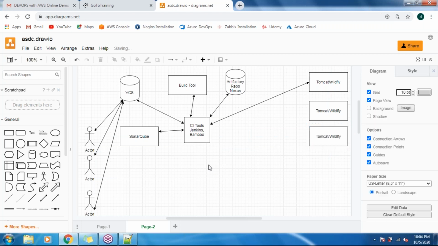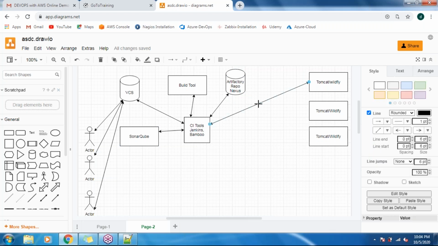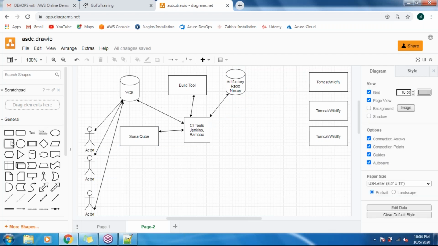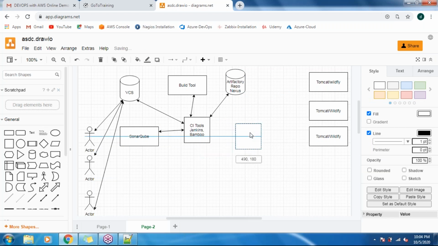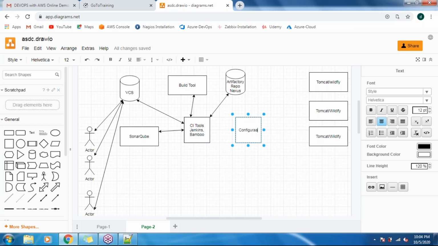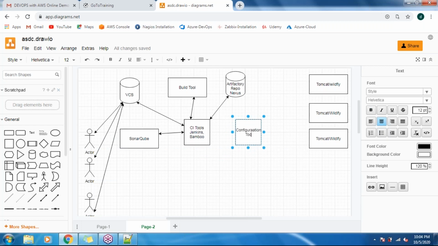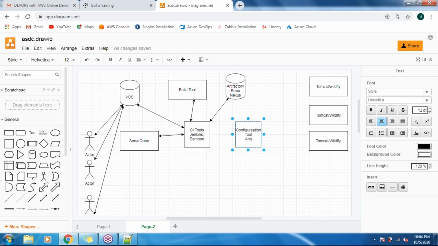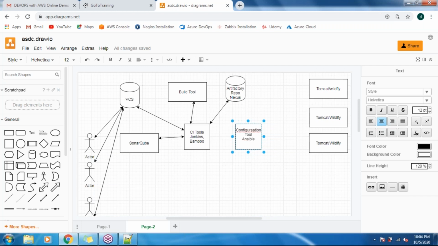Now how are we going to do the deployment, guys? If we use the same approach, then I need to create 3 jobs for one project only, right? So this is not a recommended way, guys. What we will do is use one more intermediate tool here. We call it a configuration management tool. The examples for this are Ansible, Chef